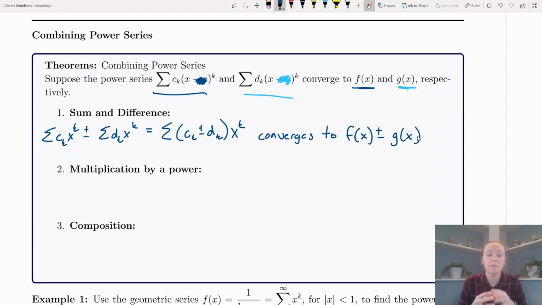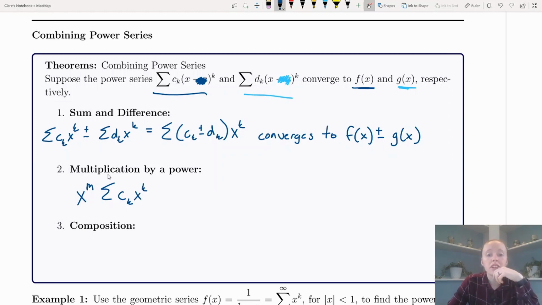Now for multiplication by a power, we're going to define some other constant. We'll call it m. And we're going to say that m plus k has to be greater than or equal to 0. This is just so we don't get a negative exponent and then have to worry about flipping fractions and such. So it's only going to work for where m plus k is greater than or equal to 0. So if I have some x to the m and I'm multiplying that by my series, c sub k times x to the k,